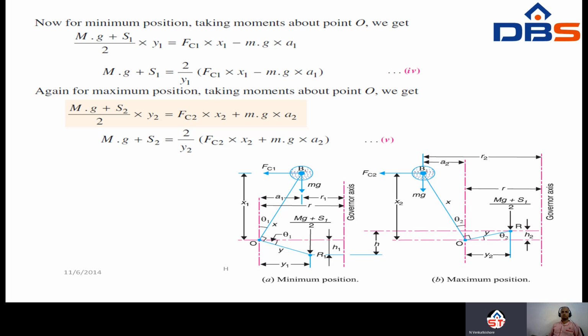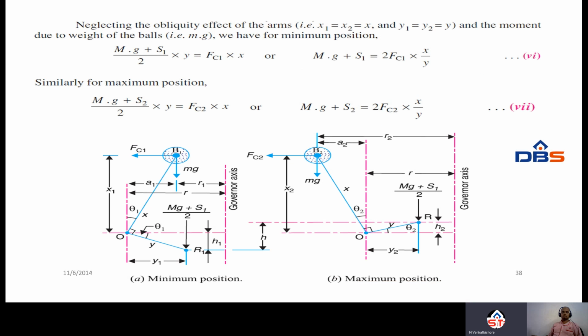So by substituting all these, we get s is equal to S2 minus S1 by h, equal to S2 minus S1 divided by r2 minus r1 into y by x. Reversely placed, it means x by y. By neglecting the effect of the obliquity of the arms, that is x2 equals x1 equals x, and y1 equals y2 equals y,